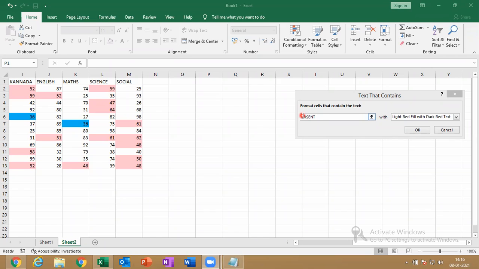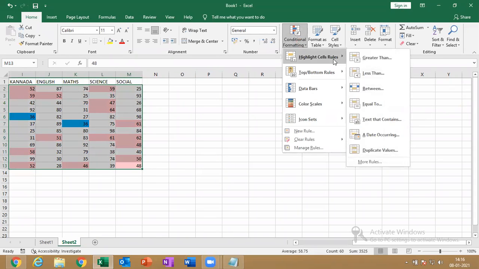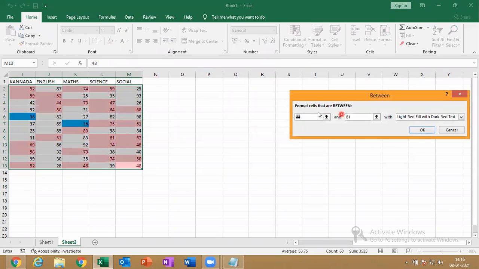It's very simple. See here what I did: I selected only the subjects, conditional formatting, highlight cell rules. I applied between, gave 45 to 65, and applied a color.